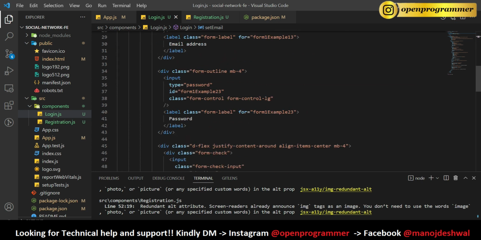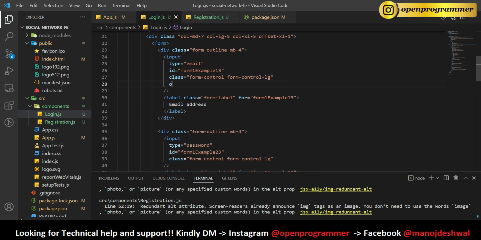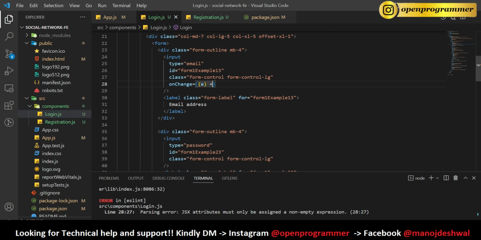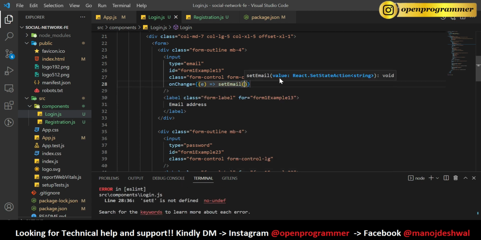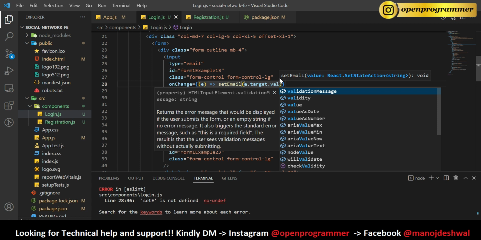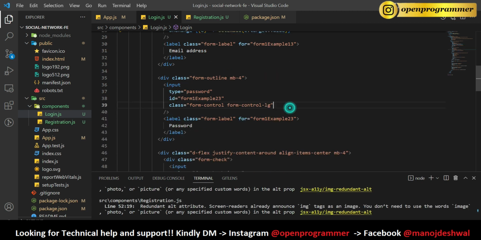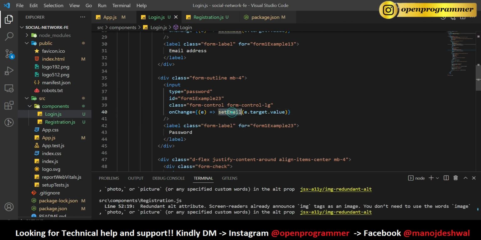Copy for email onChange, setEmail e.target.value. Copy this onChange event and paste for password and setPassword, save,